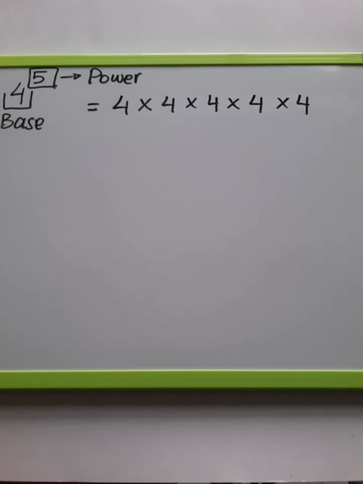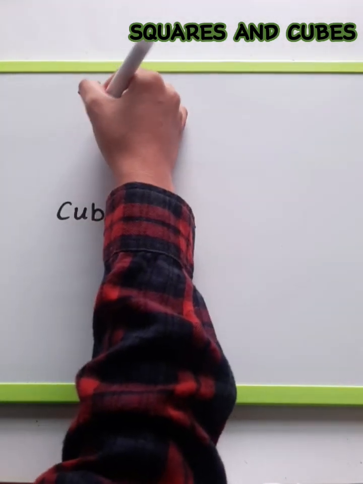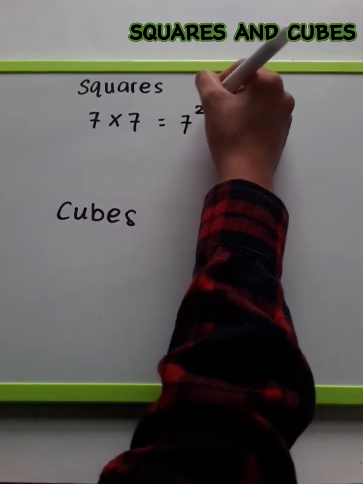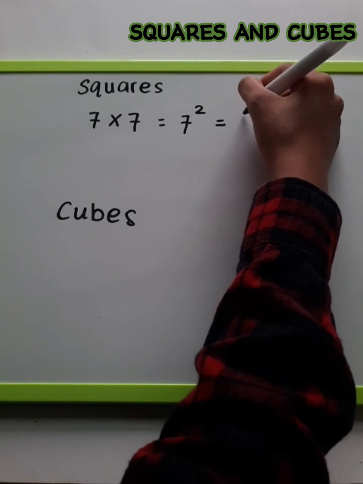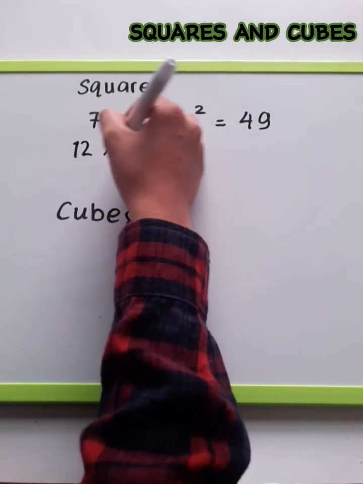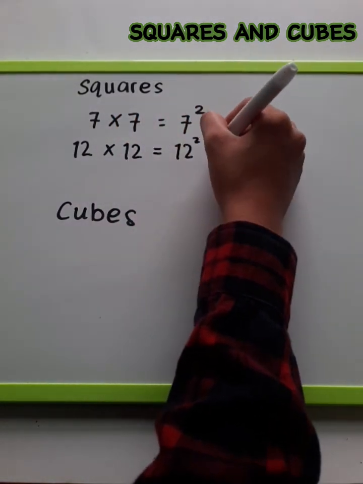Now we continue with squares. A square is when a number is multiplied by itself 2 times. Example, 7 times 7. We call it 7 squared. The result equals 49. Example again, 12 times 12. We call it 12 squared, equals